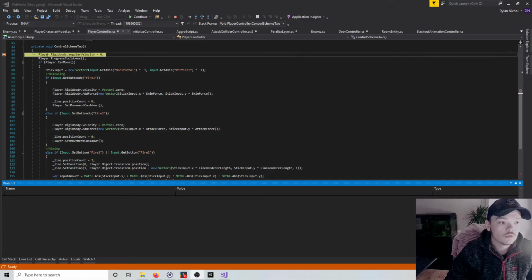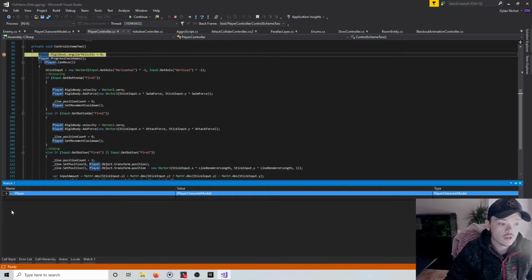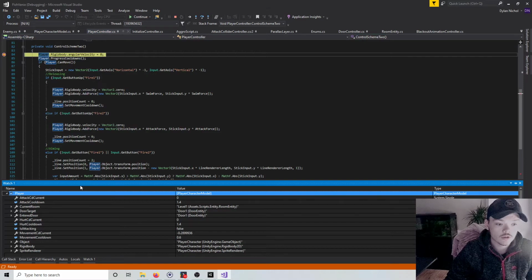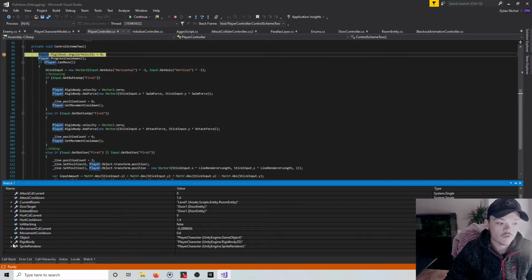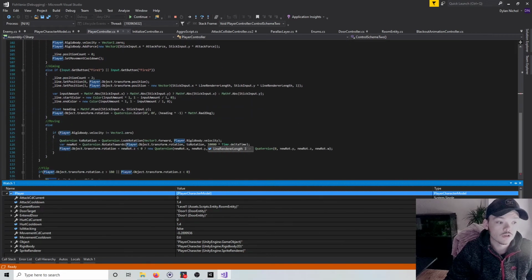So we can right click some value we want to track, so I've got player here, I can add that as a watch, and then that means I've just got easy access to all the different values that are stored inside of this variable. And it doesn't need to be complex objects,